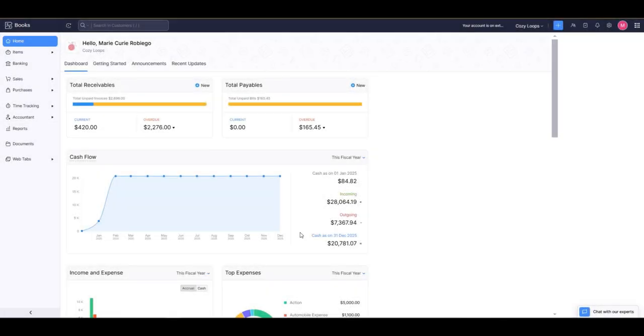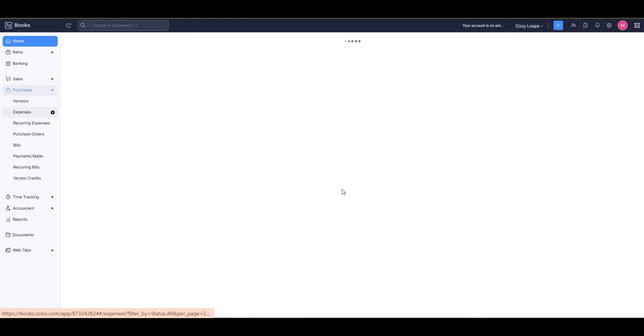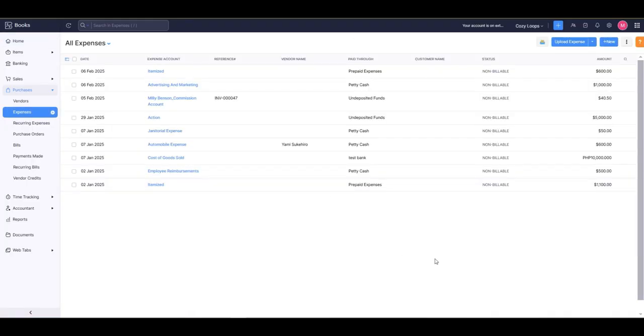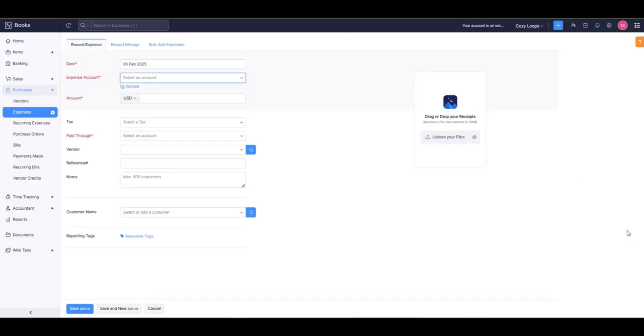Let's try recording an expense in Zoho Books. To create an expenses record, click on Purchases and click on Expenses. Here are the current expenses. To create a new expense, click here on this plus new button on the upper right corner and then click